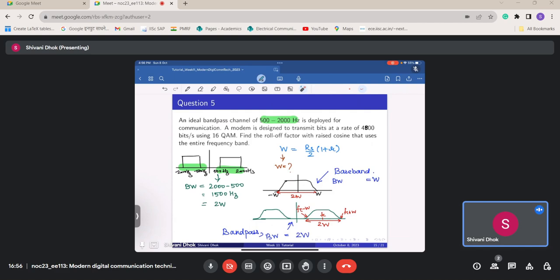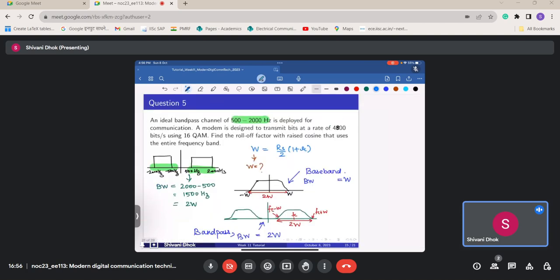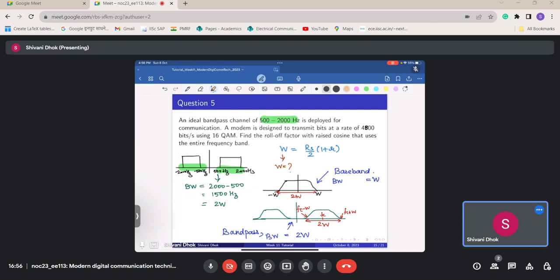Okay, so we have this kind of situation, and the equation that we know is this. Let me add a page. So we have W as Rs by 2 into 1 plus R. But now the value we have is for 2W, so we can modify this equation by multiplying by 2 on both sides. So we have it as Rs into 1 plus R. Now another information that we have been given is that we transmit the bits at a rate of